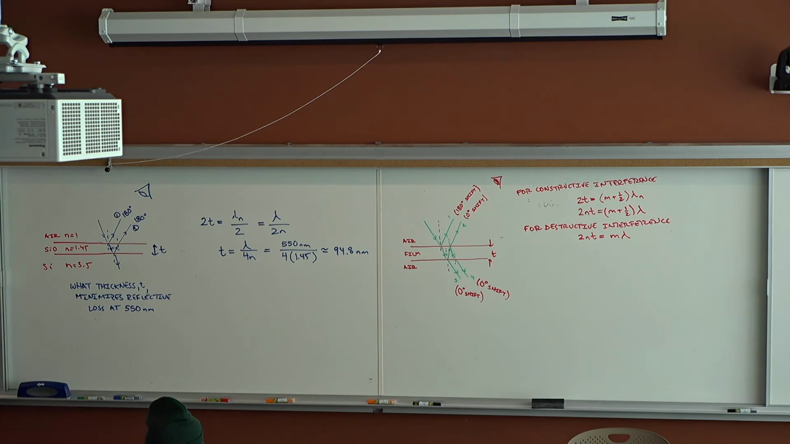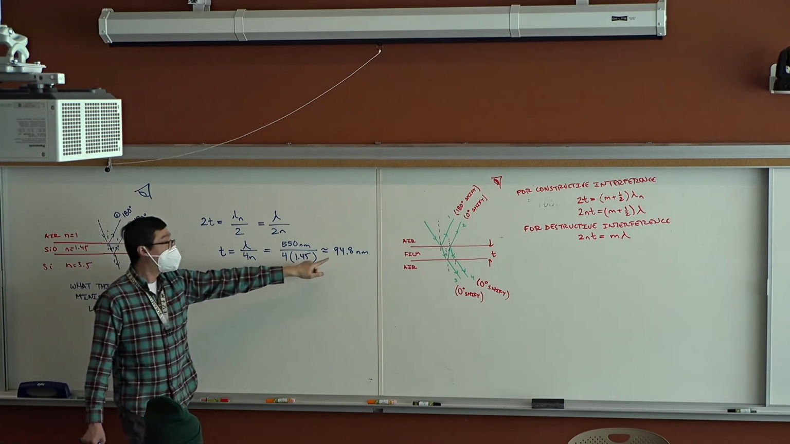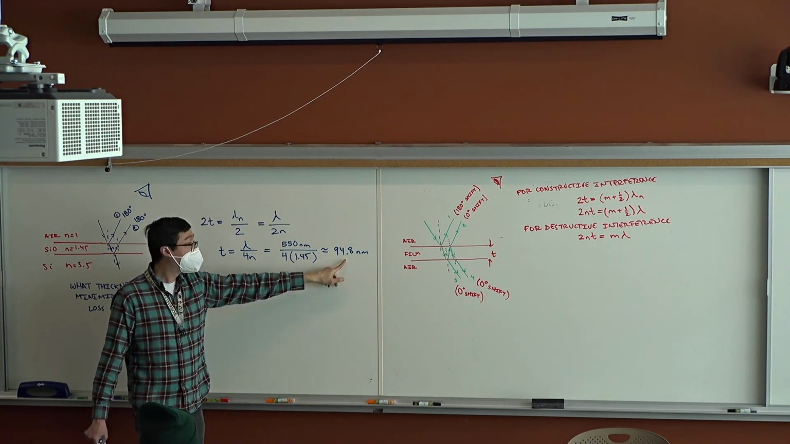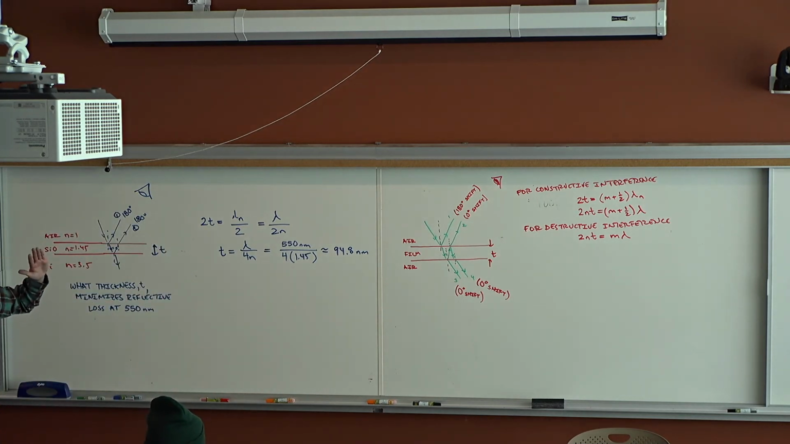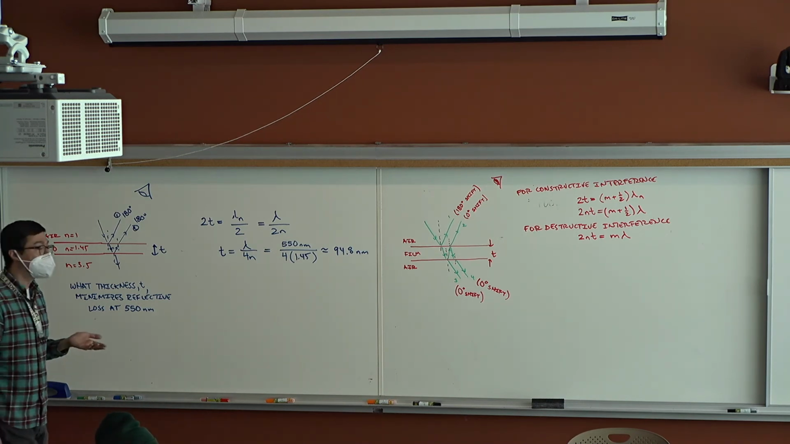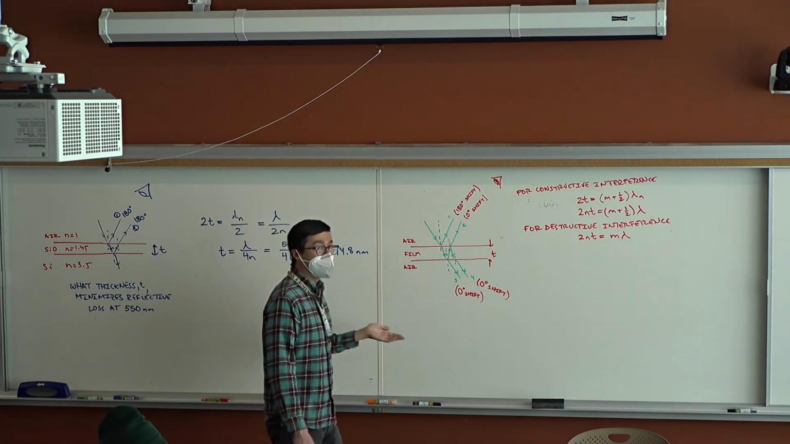So on top of your silicon, you want to deposit a thin layer of silicon oxide that has a thickness of about 95 nanometers in order to minimize the amount of reflection you get off of it. Similarly,